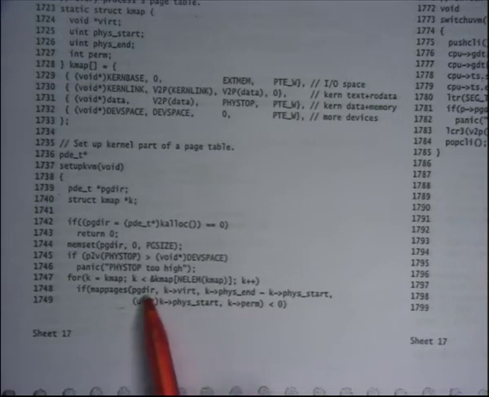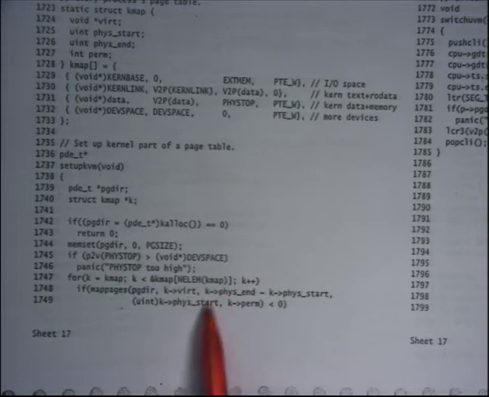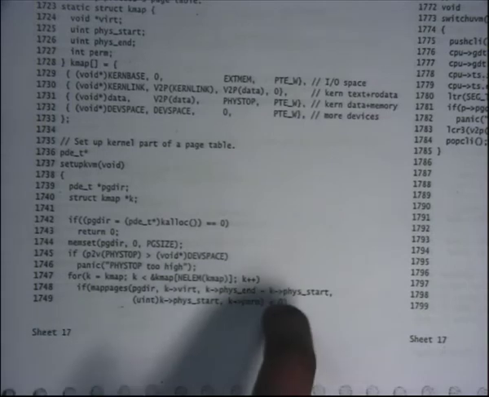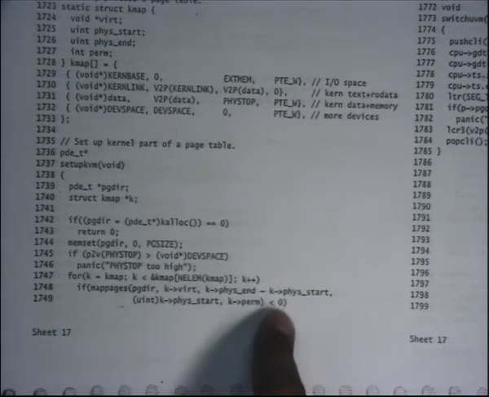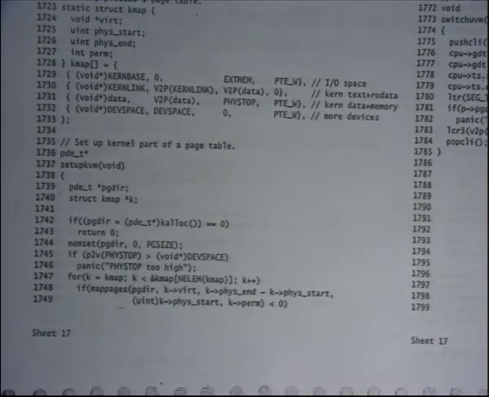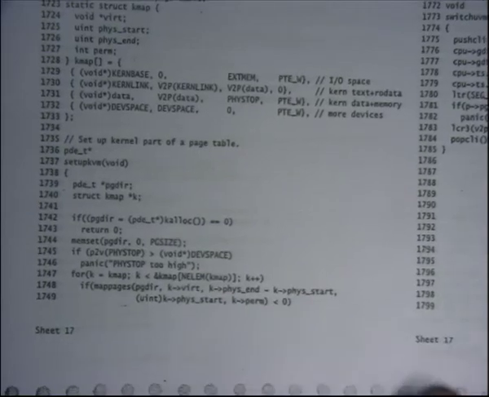It first takes the page directory in which it should create the mapping. It assumes that the page directory has already been created. Then the virtual address, size, physical address, and permissions. If it succeeds, it will return a value greater than or equal to 0. Otherwise, it will return a negative value. What are some reasons why it can fail? Recall that to map pages, it may need to allocate more pages.